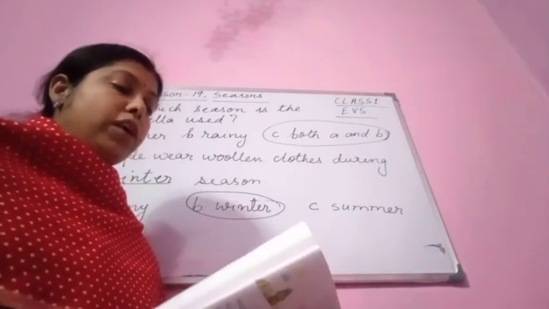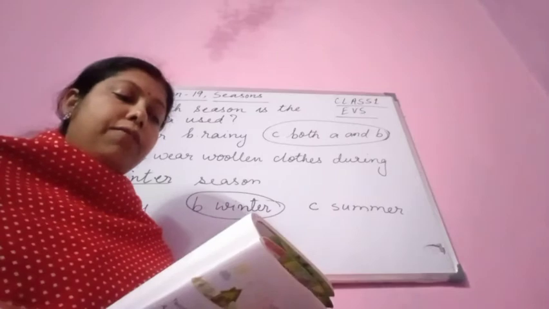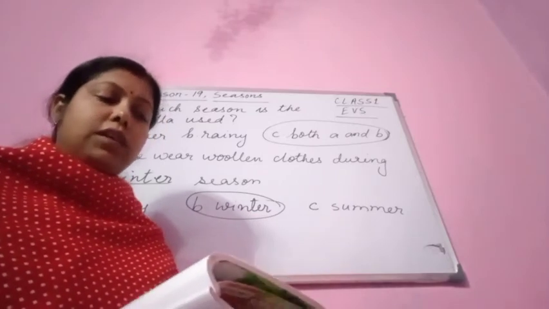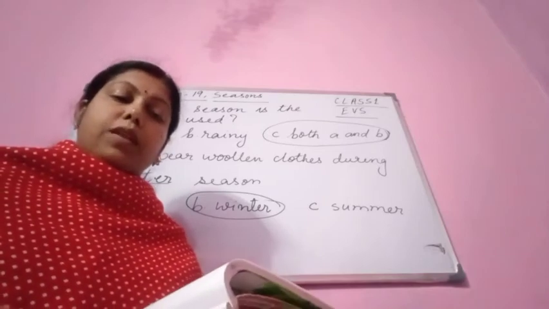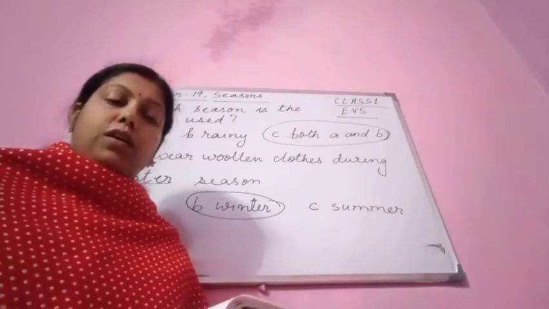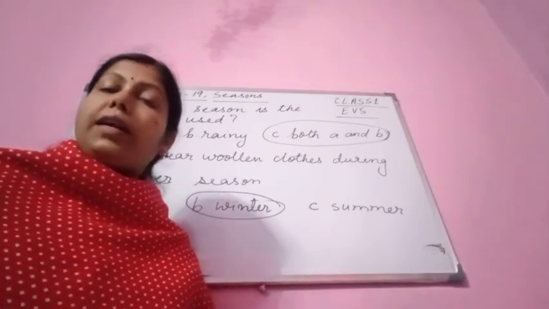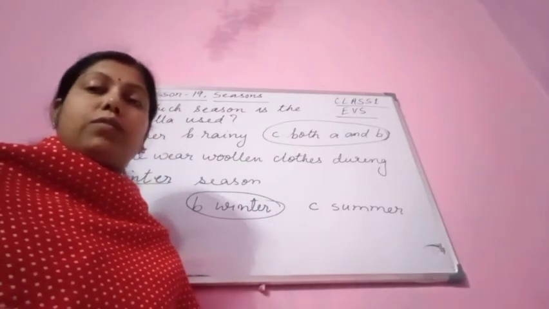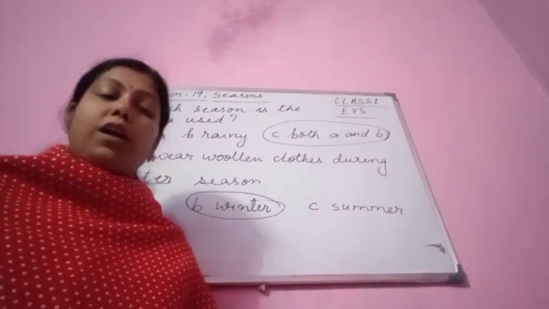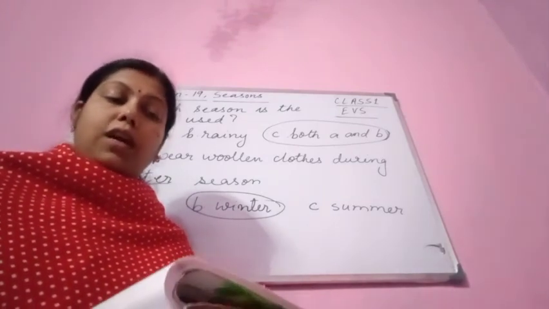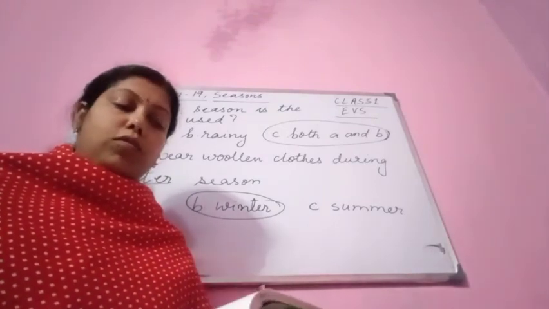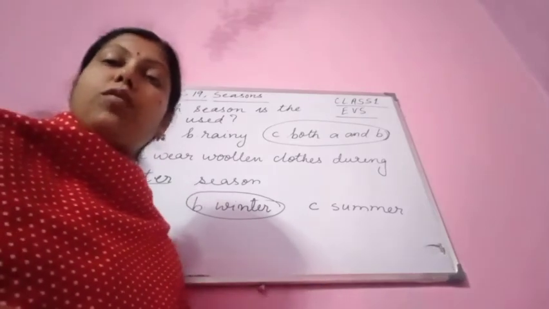And during winter season, number 2, you see glove, coat, ice cream and hot drinks. So you wear gloves in winter, isn't it? You wear coat in winter. You take hot drinks in winter. But we don't eat ice creams in winter because it's very cold. Ice cream is very cold, and in winter it's already cold, and at that time we don't take ice creams. So ice cream will be the odd one out here. Now we are going to do the question answers.